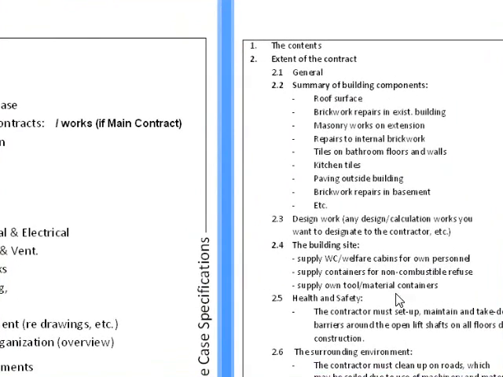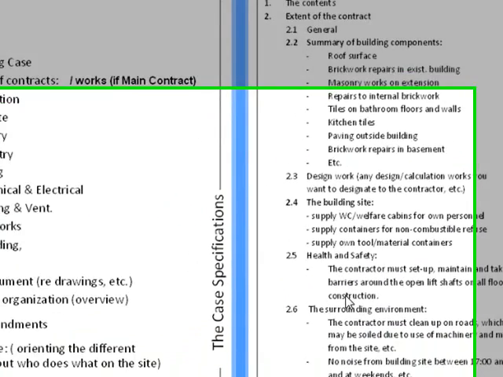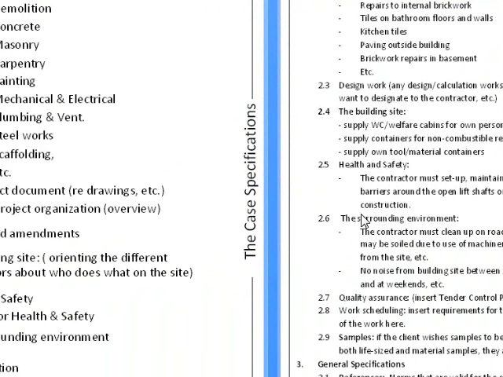If this contractor has to put up a barrier for safety, it'll be mentioned here because it's going to cost money to put it up. If he has to do anything to protect the surrounding environment, it must be mentioned here because it's going to cost money. Quality assurance costs money, and it costs money for him to take part in